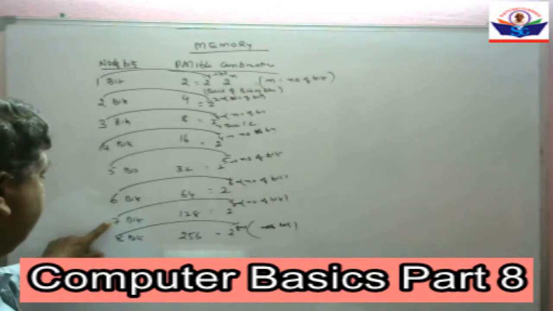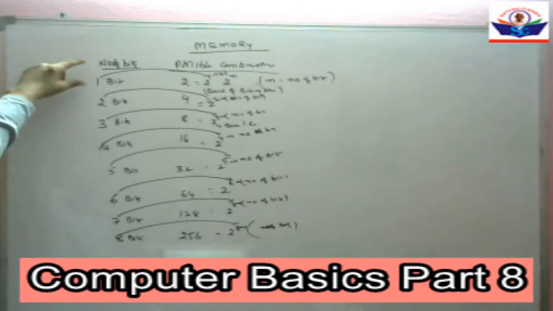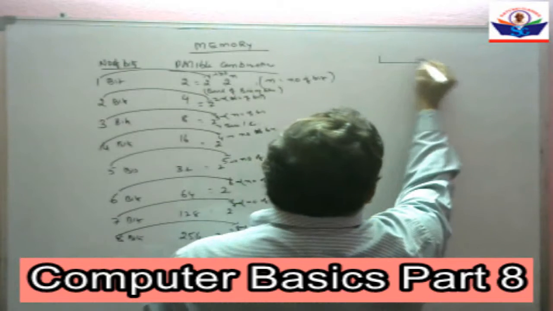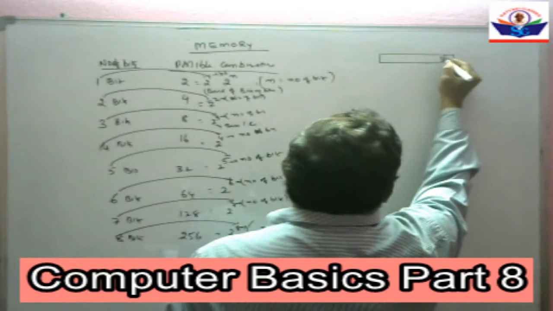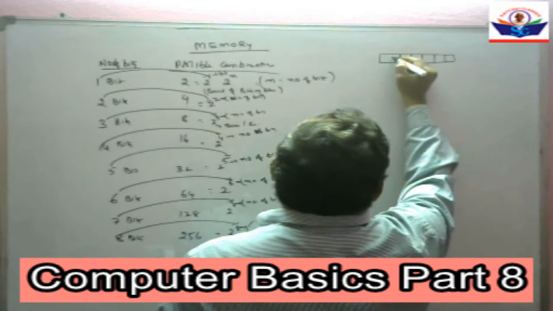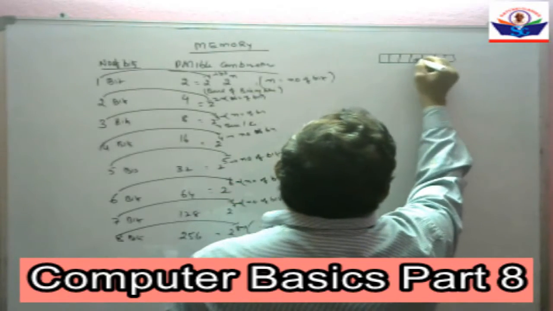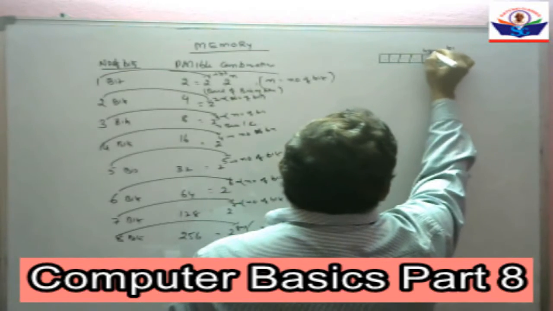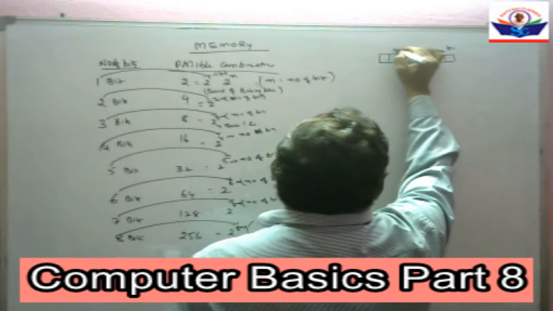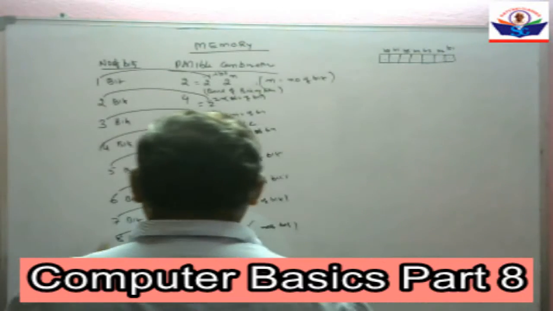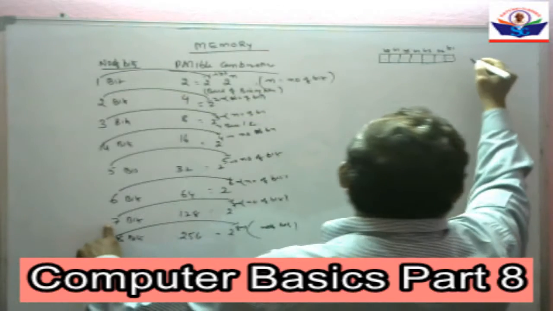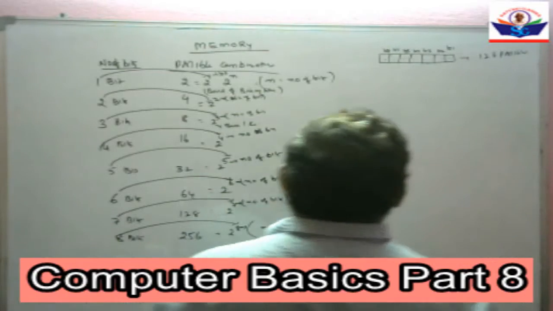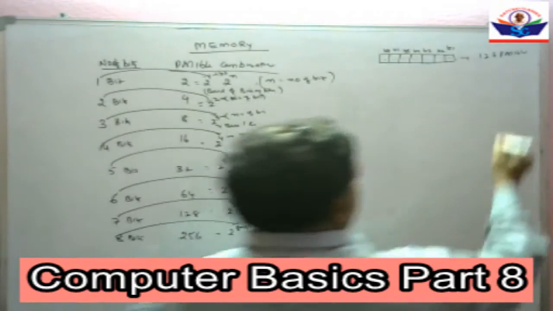So, yesterday we discussed the ASCII code. In that ASCII code, the old one is 7 bits length: bit 1, bit 2, bit 3, bit 4, bit 5, bit 6, bit 7. So, what are the possible combinations with 7 bits? 128 possible combinations.